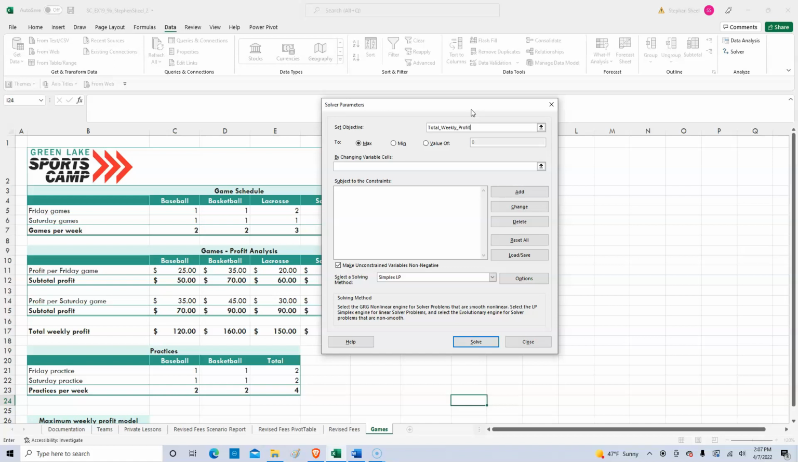Okay, so we have that as the objective. The changing variable cells, they tell us in part B of step 11, use C5 through G6. So we're going to type that in: C5, G6, and then